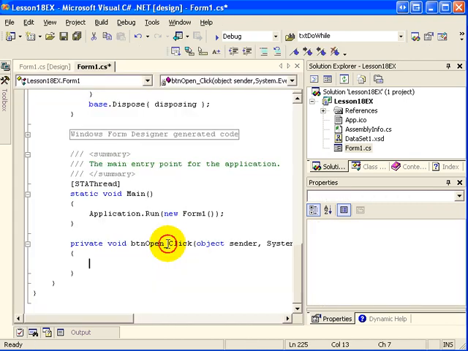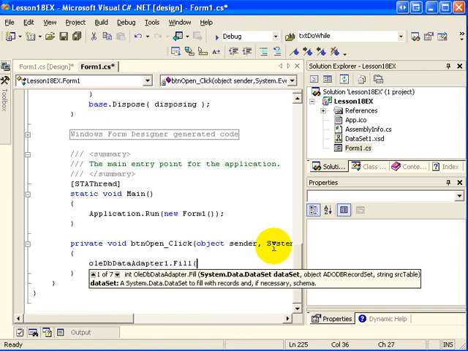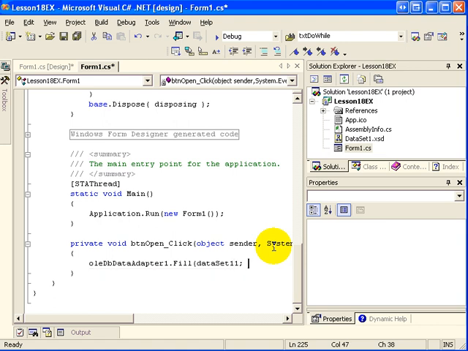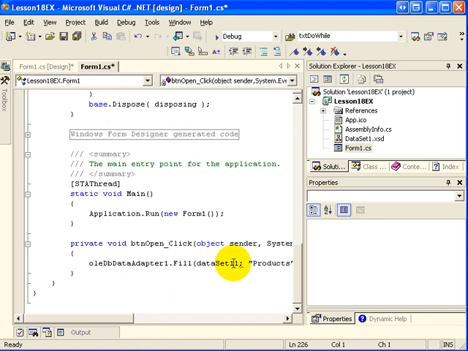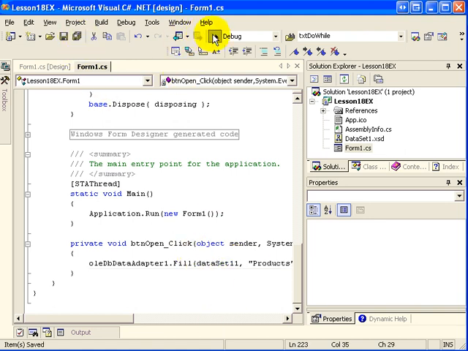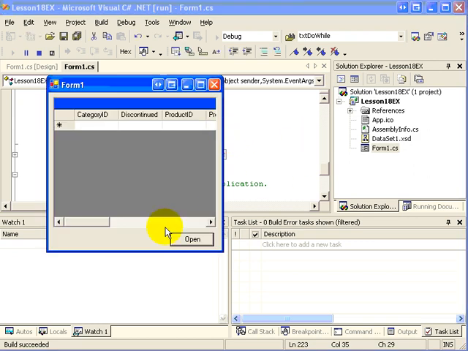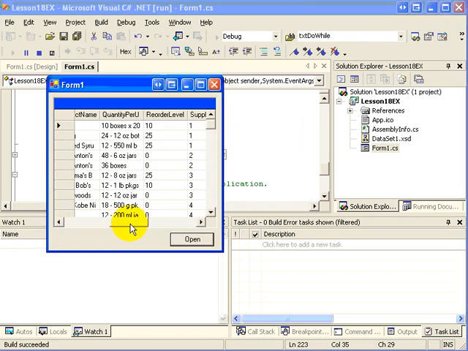And now I just need to write one line of code. I want to use the fill method. I'm going to pass in dataset11 and then products. Whoops. There we go. Now hopefully I didn't have any errors. And I'm going to click the open button. And you can see I have all of the rows